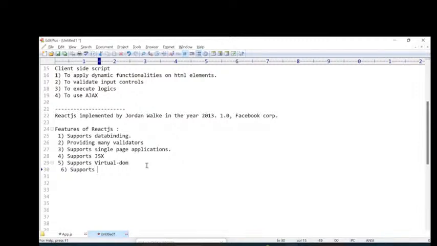Supports Redux. Redux we are using to maintain the state of the application. For example, you want to access one page's information from another page. For that, we are using different techniques like cookies, sessions, local storage, session storage. Different types of techniques are available. In the same way, we can also use the Redux concept to access the data of one page from another page in the web